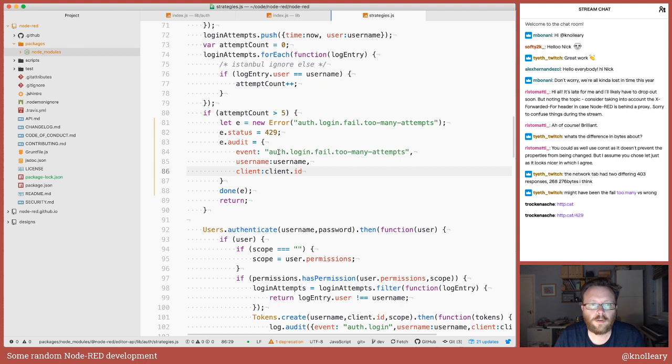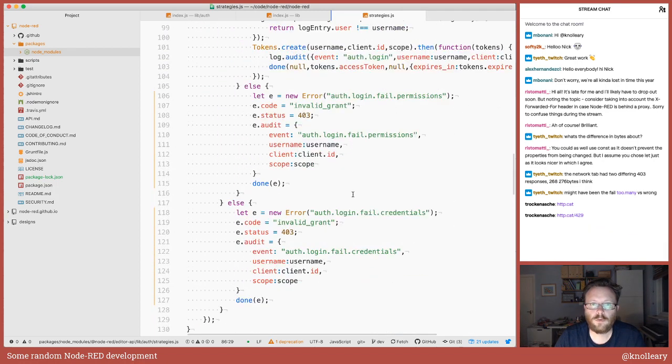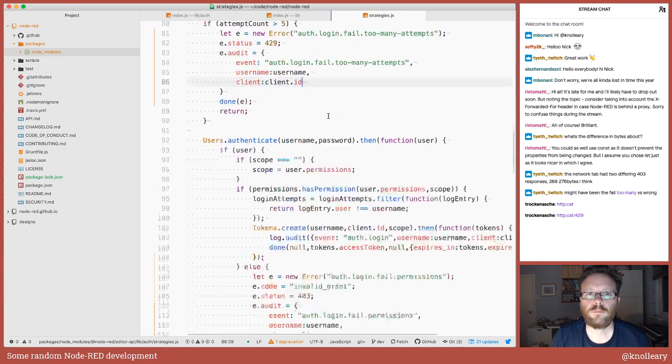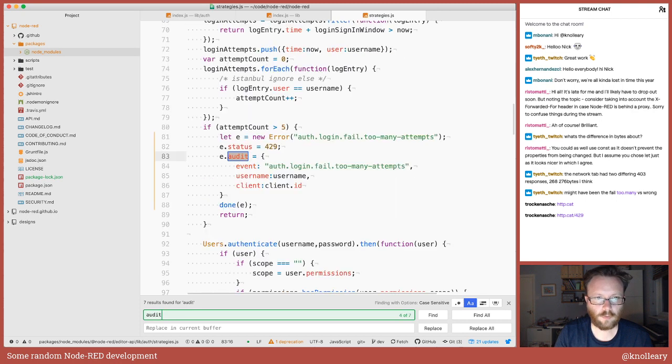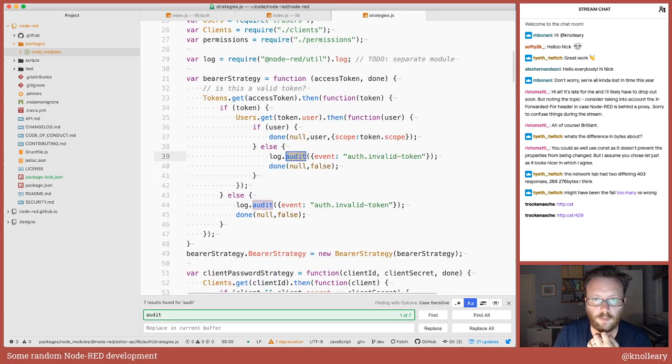So where are we at? Okay, so we've now managed to attach the IP address to the audit event for too many attempts, for invalid permissions and invalid credentials. I think that's all good. Where else? Oops. Where else do we audit in this file? So we've got the success case, which I still need to think about. Here we've got